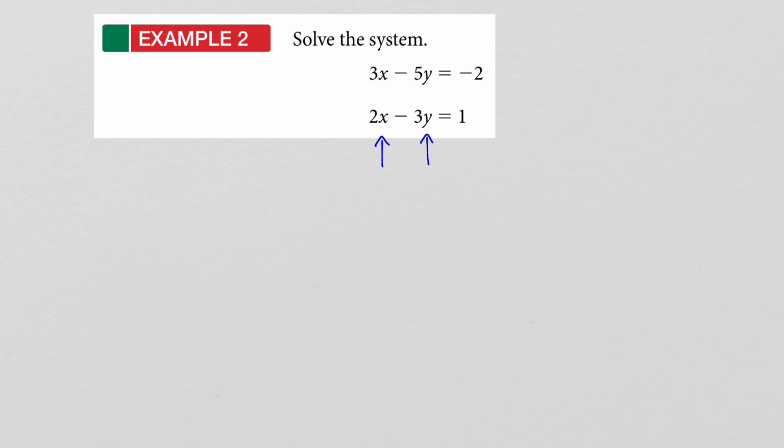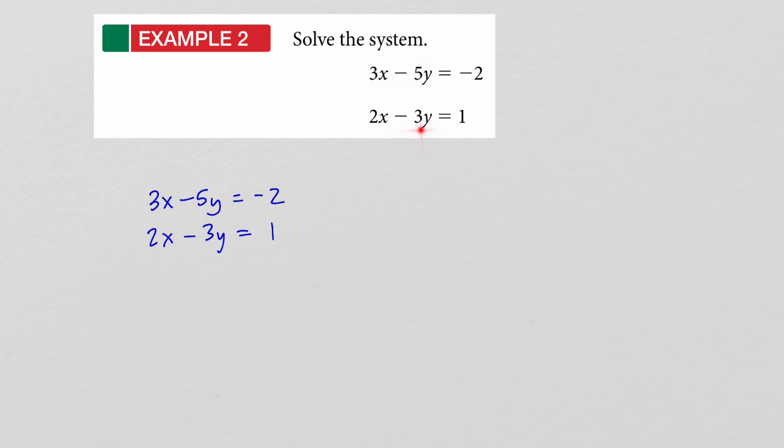And it really doesn't matter most of the time, but sometimes one might be a little bit easier to eliminate than the other. In this case, I think it's pretty much the same either way. So what I'm going to do is eliminate the y. And I'm doing the y because we eliminated x in the last problem. So let's go ahead and eliminate the y. Now, to eliminate the y, notice that you have